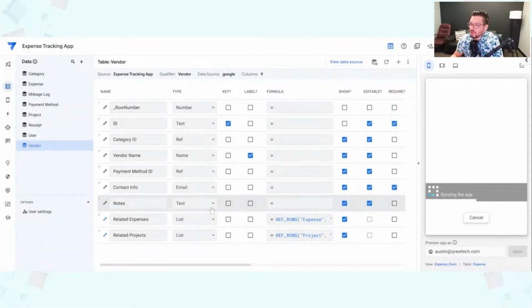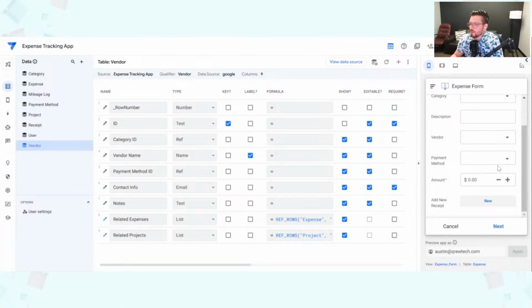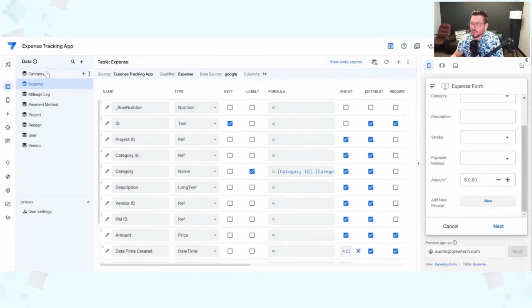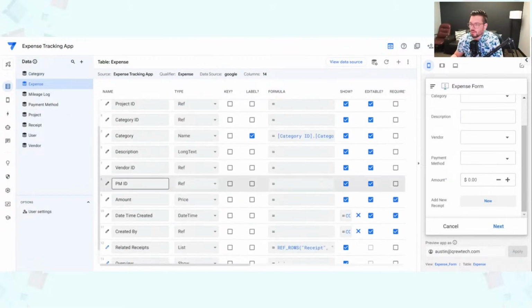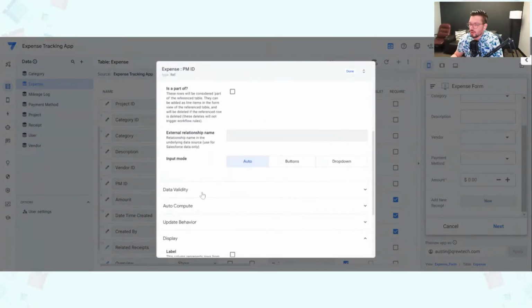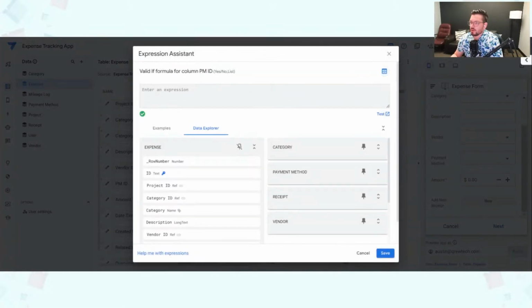Okay. So as that is syncing, I should have our payment method now tied to a vendor. And so now we have a list in our payment methods that ties related vendors. Okay, so we can use that same logic here for the data validation for our payment method column right here. And so I'm going to go ahead and select it, open it up with the edit pencil, click data validity, and then using our,